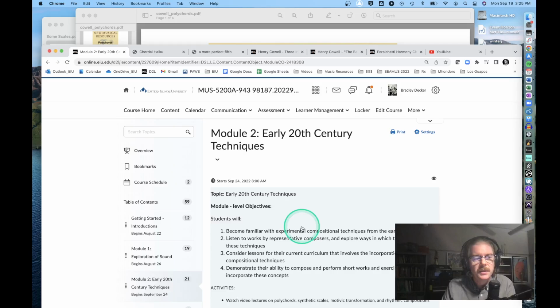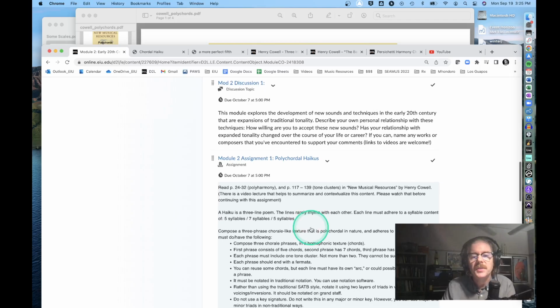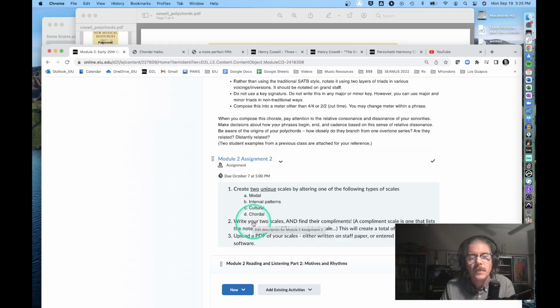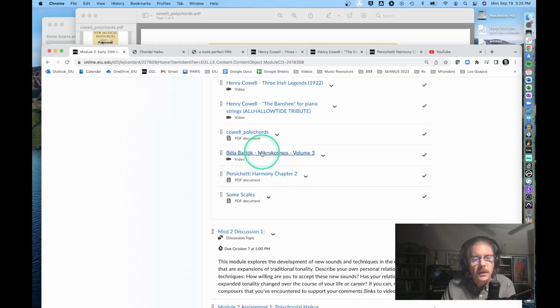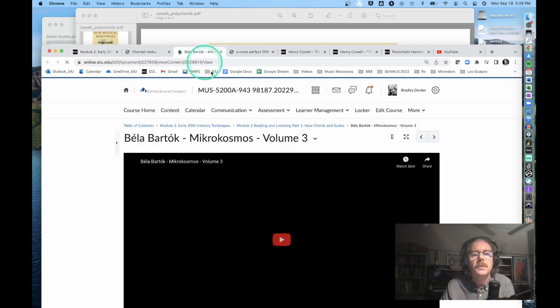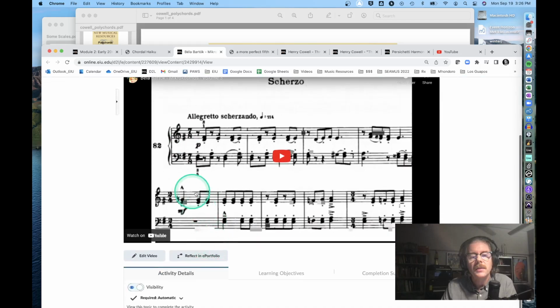Our second half to this first half is the exploration of scale. And this is similar to these polychords, in that we are taking major and minor and altering them or thinking about them in a more broad way. The music of Bartók does this quite a bit, actually, and this is an example we can listen to, to think about how he is using scale and even key signature